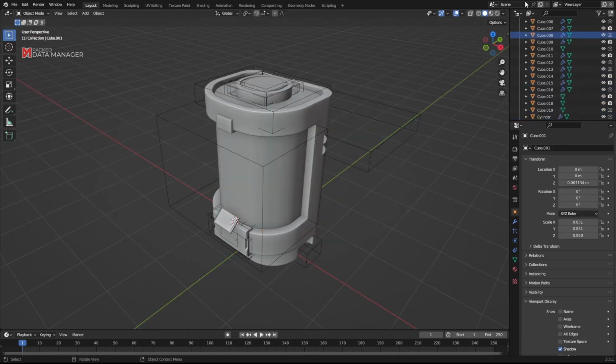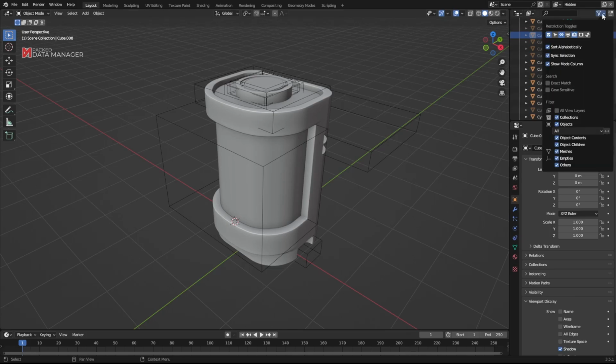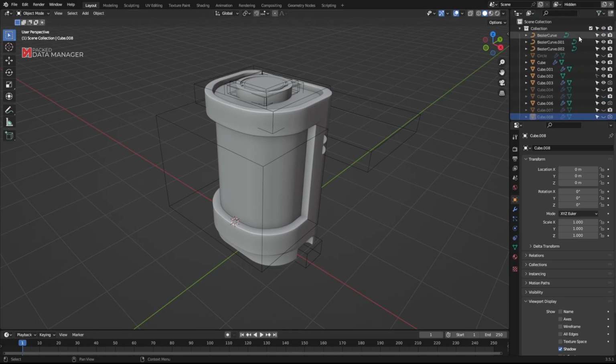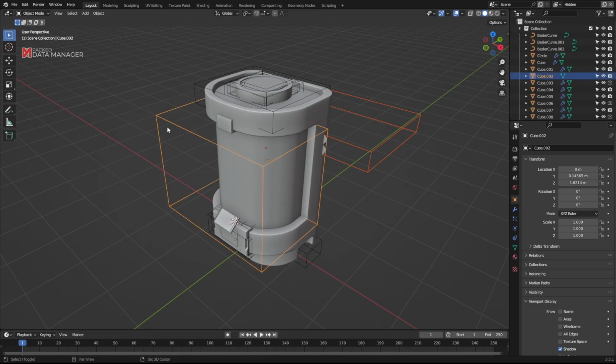and switch to a different view layer. In this scenario, we have all of the same objects and all of the same cutters. However, some of them are hidden in the 3D viewport. We do not have any accessories. The control panel of the pod is missing. So in order to organize our outliner in this scenario, in addition to enabling the selection status of the objects, we would also have to unhide all of the hidden objects because we cannot select them when they're hidden. So now we have to remember what objects were hidden so that after we're done organizing the outliner, we can hide them again. So let's just do that really quick.